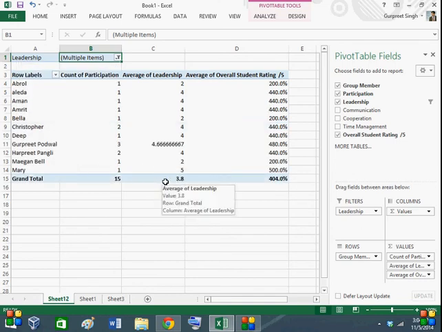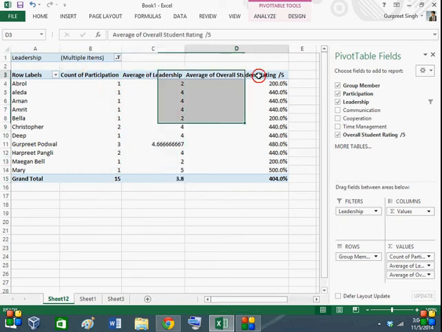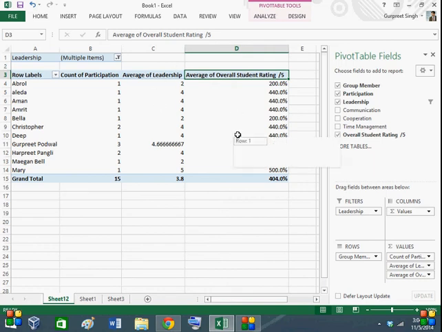See, everything changed to normal again, and the grand total for the participation, leadership, overall rating has changed again. It adjusts with the input we give, with the items left in there. So yeah, it is very easy, very understandable data which comes out with the pivot tables.